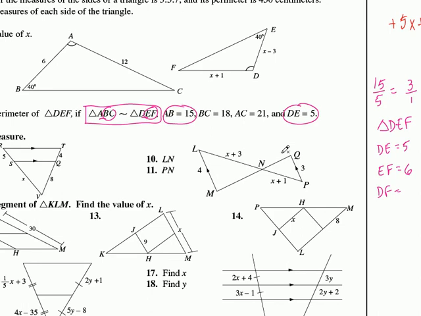What about DF? DF, this is the first and the third one. That's the same as AC, isn't it? AC is 21, so how do I find DF? Just divide it by 3, right, which is 7. So now what do I do to find the perimeter of this triangle? So if I want to find the perimeter, I'll write perimeter. Just add them up, right? 5 and 6 and 7. What's that? 11 and 7 is 18. And so that